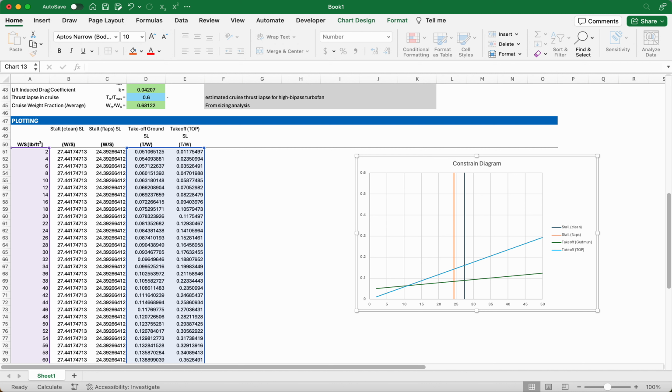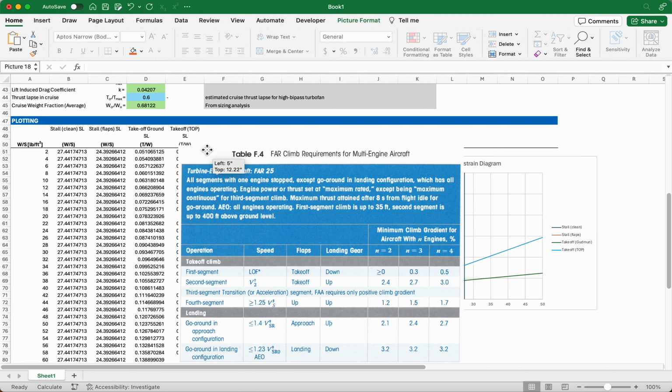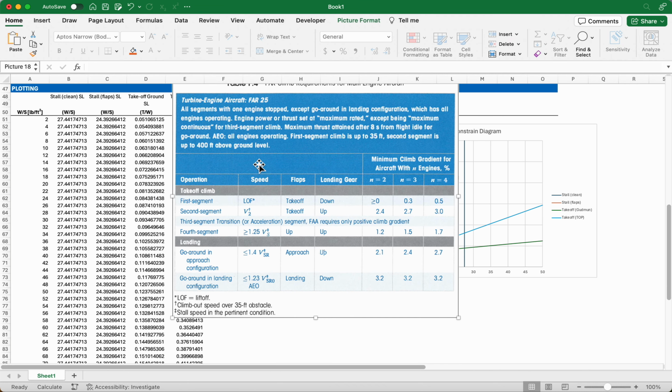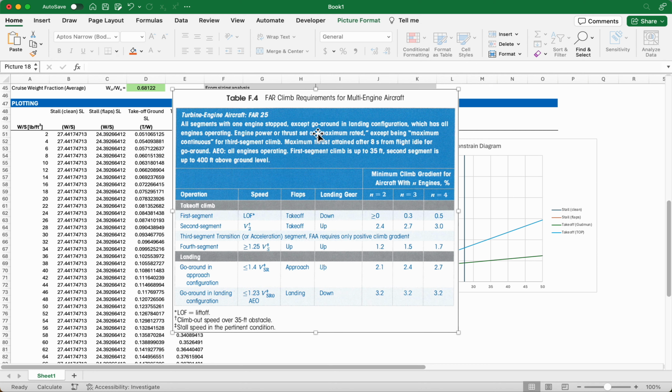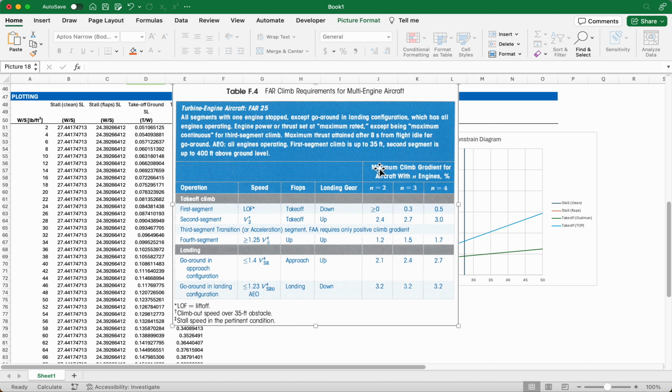Usually gradients are used in specifications for certification. So this is from the back of the Raymer textbook. Let's look at this for a moment. This is looking at some FAR 25 requirements for multi-engine aircraft, and there are climb gradient requirements, which is the minimum climb gradient the aircraft must be able to maintain during different segments of takeoff, depending on the number of